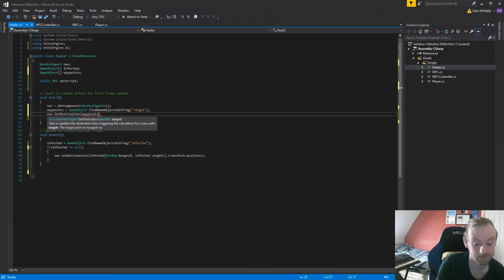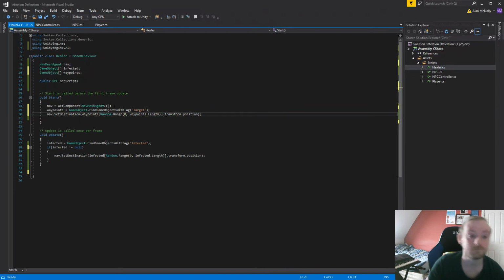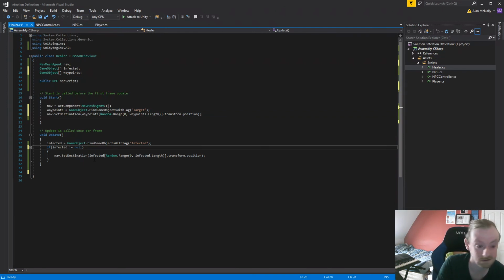Waypoints array, Random.Range 0 and waypoints.Length.transform.position. So if it's not equal to null,